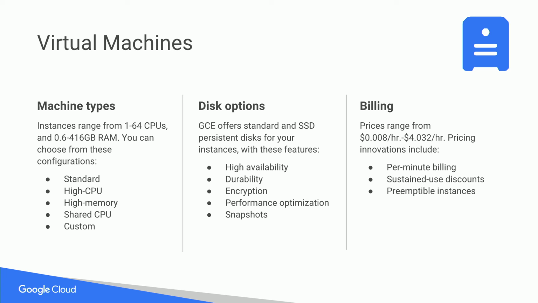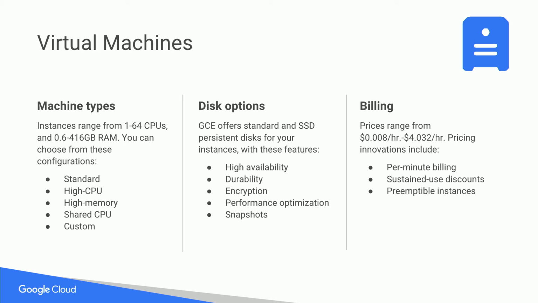There is a 10-minute minimum, but you don't pay for the whole hour, even if you only use a fraction of an hour. There are sustained use discounts. What this means is if you use an instance 24 hours a day, 7 days a week for the entire month, you'll actually get a 30% discount. The more you use it, the bigger the marginal discount becomes. They even go so far as to give you what are called inferred instances. So this is if you run one instance for 2 weeks and you run another instance for another 2 weeks, they'll actually stitch those two together and say, oh, you ran an instance for 4 weeks,